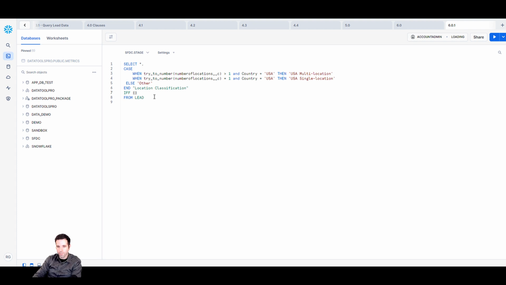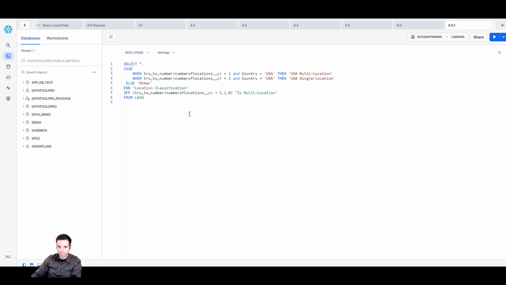What we're going to do is build upon this same condition, and we're just going to check if it's a multi-location. So we're going to say if the number of locations is greater than 1, then we want to give it the value 1, comma, if the expression evaluates as false, we'll give it a 0. And the name of this field is